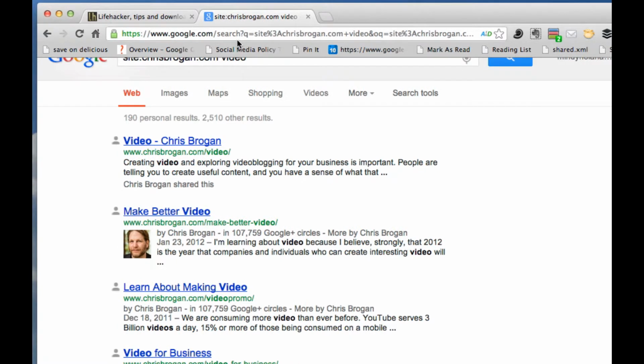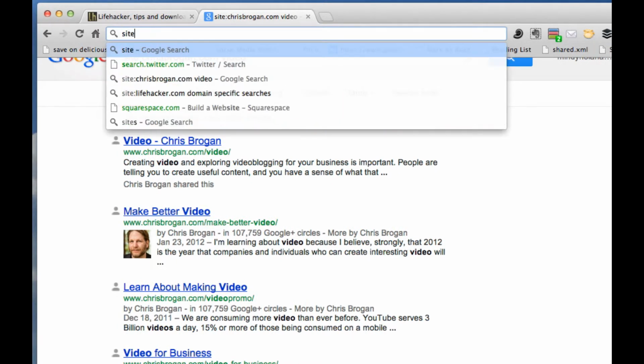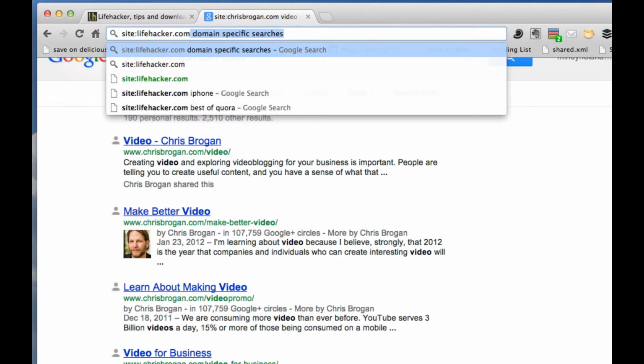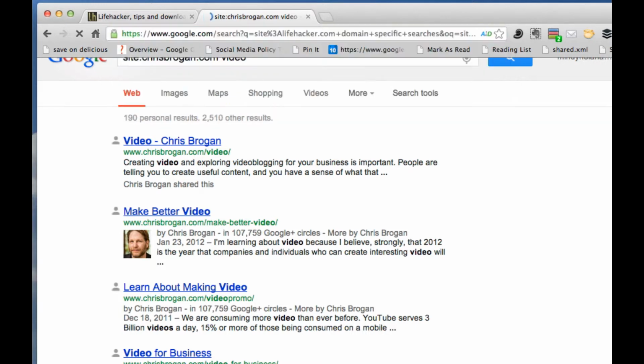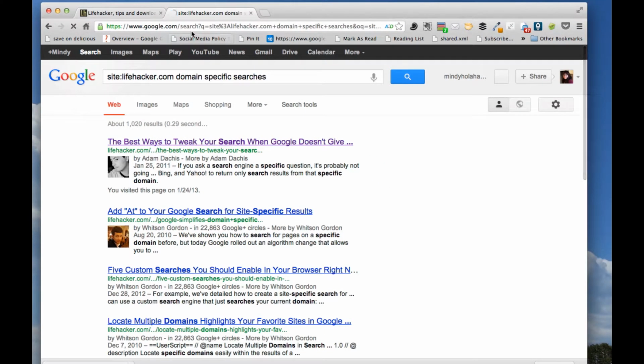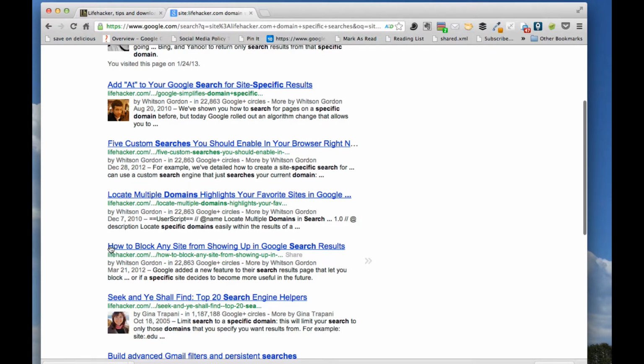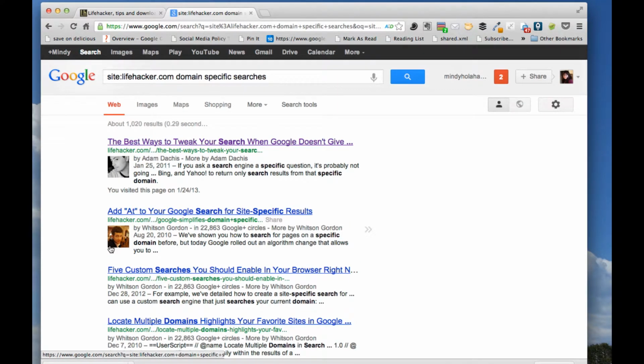So I'm going to go back to Google, and I'm going to type in site colon lifehacker.com, and you can see I've done this before. I don't want a space between site colon and Lifehacker, but I do put a space then to type my search terms, domain specific searches. I hit enter, and now I get a bunch of results from Lifehacker. They're the same results, but they're ordered in terms of relevance instead of chronologically, and this is much more useful